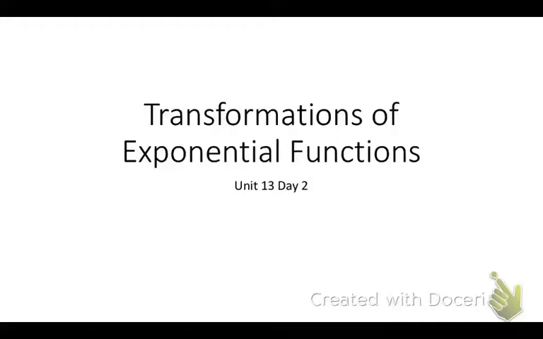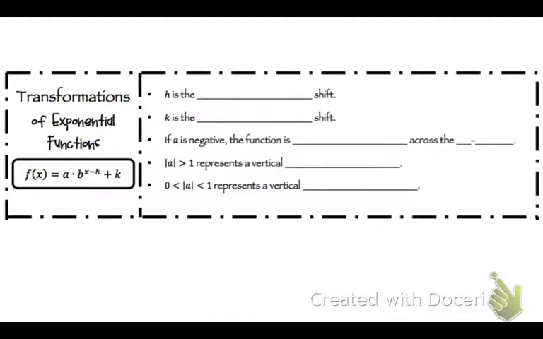All right, so transformations of exponential functions, unit 13, day 2. So basically, we're going to take what we did last time and just move it around and transform it a little bit, but we're essentially doing the same thing, we're just transforming it, okay? So if we have f of x equals a times b to the x minus h power plus k,